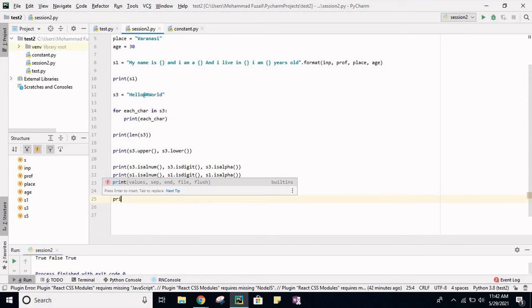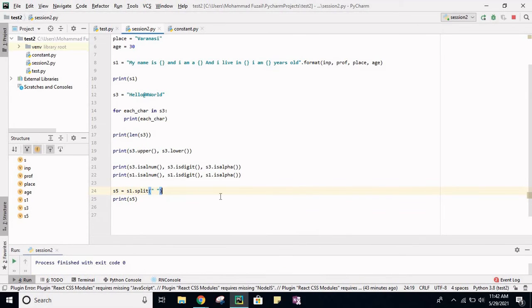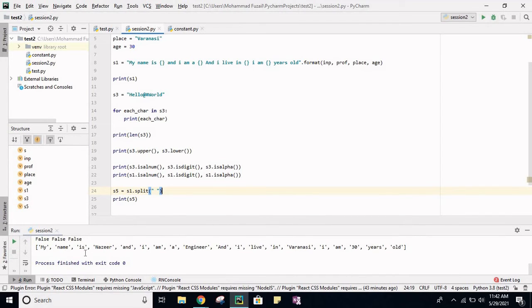Okay, I am printing this S5. See what we got. We got each set of characters which are separated by spaces. It splits the complete string at the spaces.